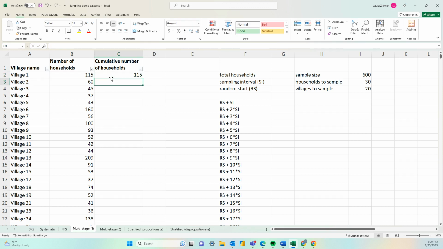Village 2 has 60 households, so the cumulative number is 60 plus the previous cumulative number. The cumulative total in the next row will be the sum of villages 1, 2, and 3.